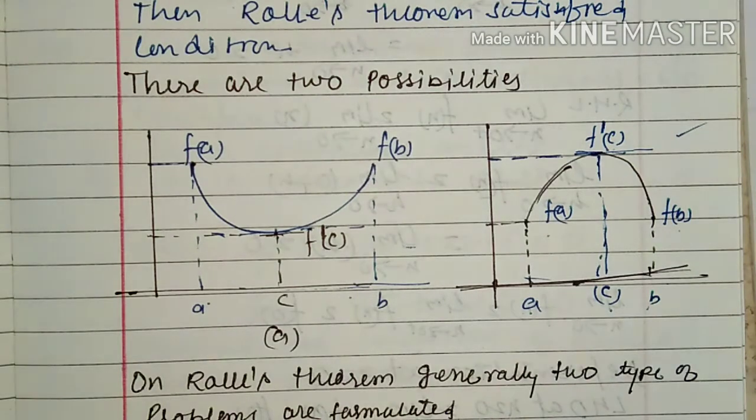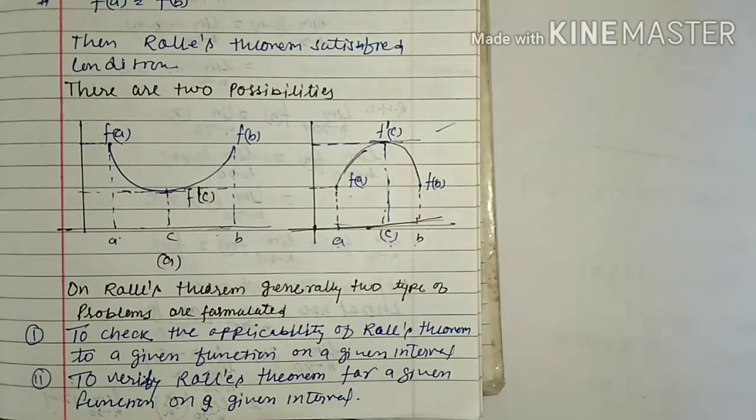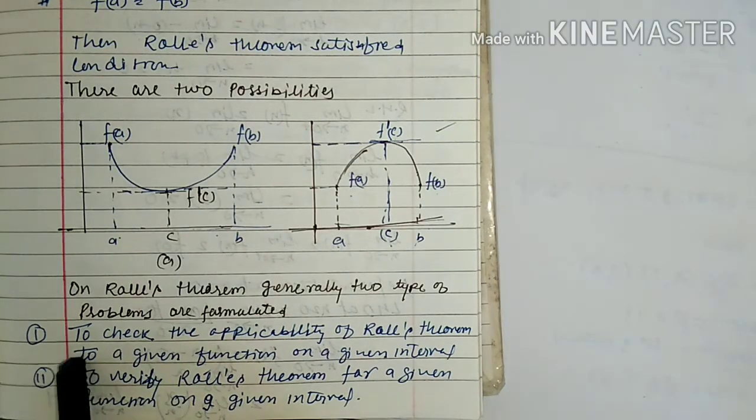Okay. Now next is that. Okay, now problems related to Rolle's theorem. What kind of problems are raised due to this Rolle's theorem? And the problem is that